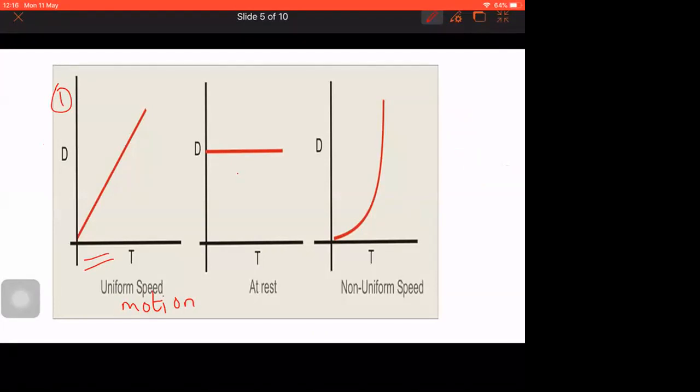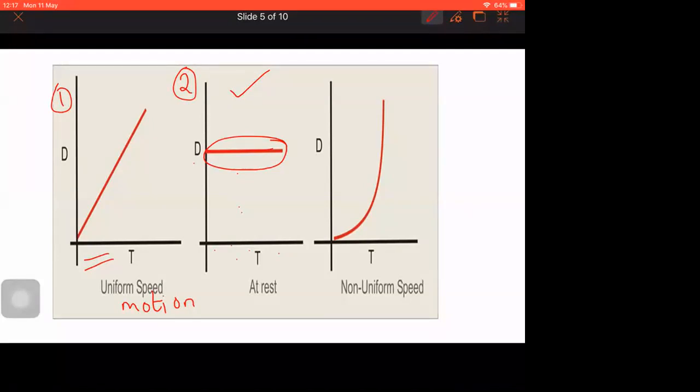Second graph, very, very important. What is the distance time graph when an object is at rest? This is your graph when the object is at rest. Why is it like this? Time is moving on: 1 second, 2 seconds, 3 seconds, 4 seconds, 1 hour, 2 hours. But the object is not changing its position. The object is only at a particular distance. The object has been stuck there. Time is passing, 1 hour, 2 hours, 3 hours, but your object is not moving. It is at rest. It is not moving any distance. This is the graph to show that the object is at rest.